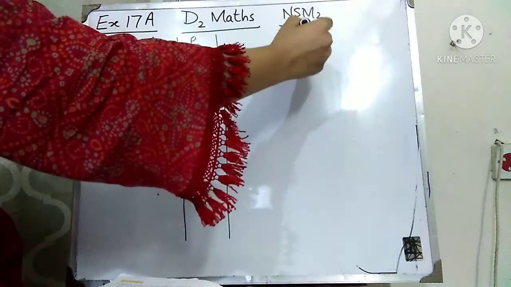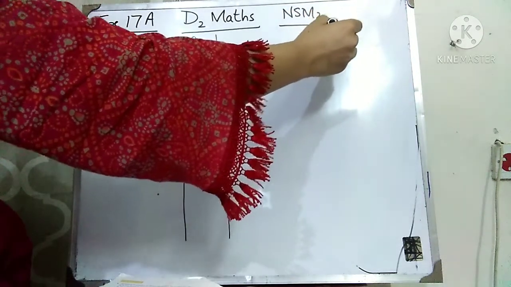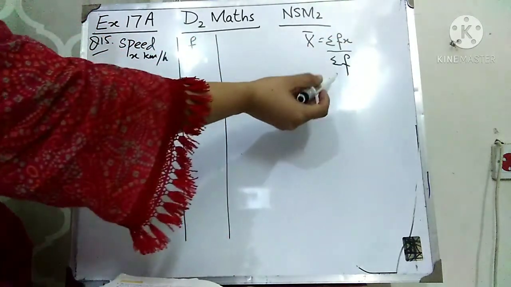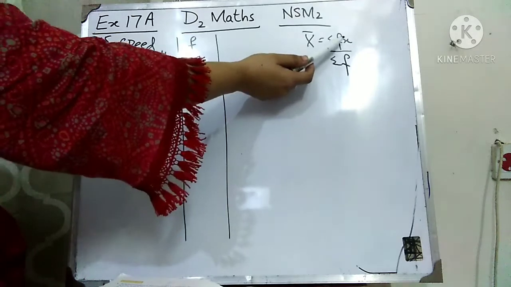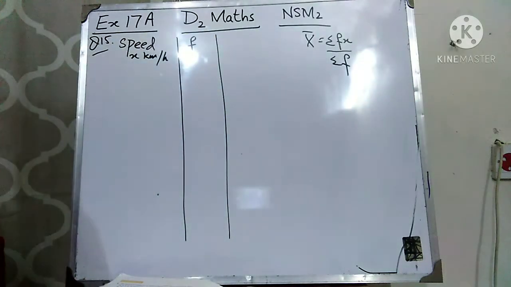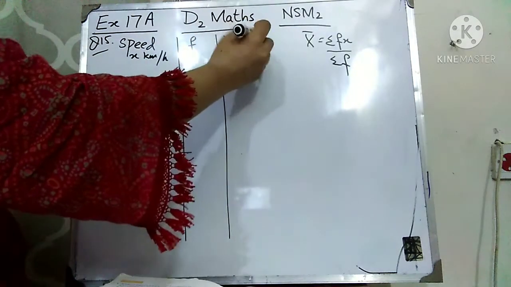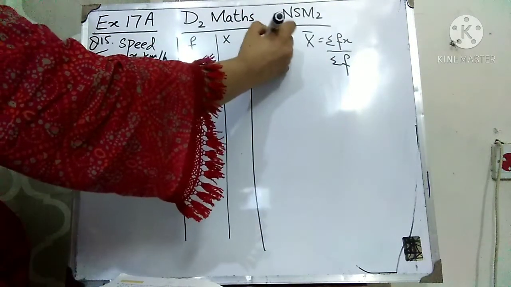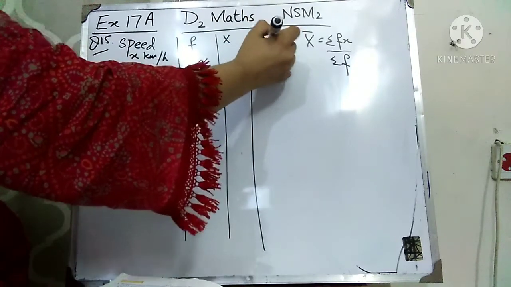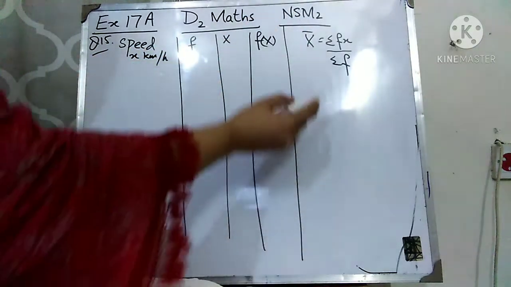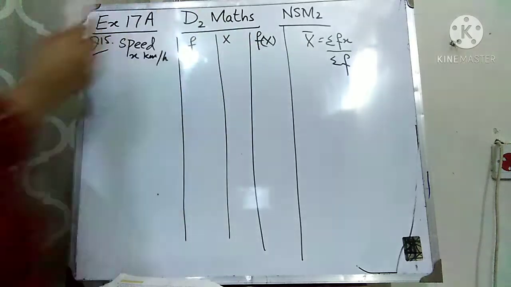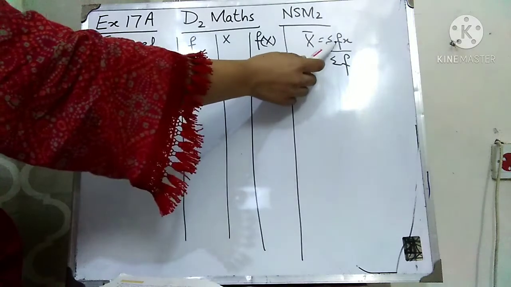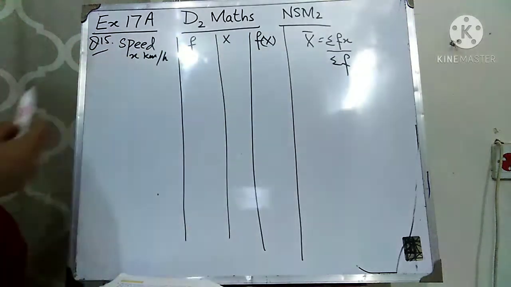The formula to find the mean is x bar equals summation fx over summation f. So here you can see that you have to find x so that you can multiply frequency with x. You have to find x, and I will tell you what is x. And then you have to find f of x, that is, multiply f with x. So students, remember that this x bar is the mean. This summation sign shows that you have to calculate the sum of f of x, and you have to calculate the sum of frequency.